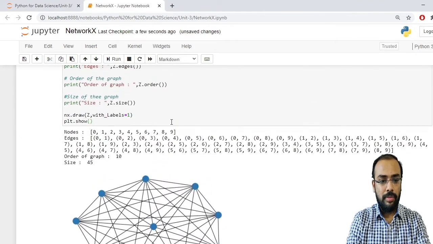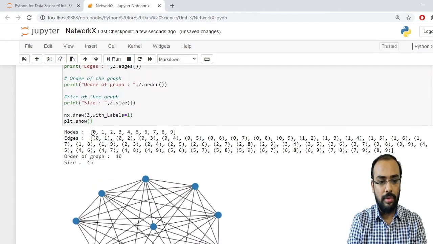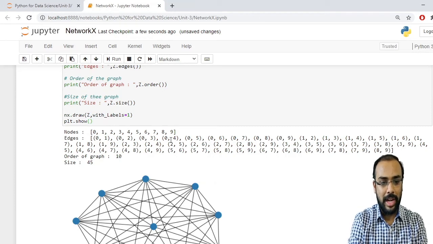Okay, so first it is showing you the number of nodes, that is from 0 to 9. So this is the number of nodes that are present inside your graph. Now the second thing, if you observe here, is a list of edges. That means the edges that are present in your graph.